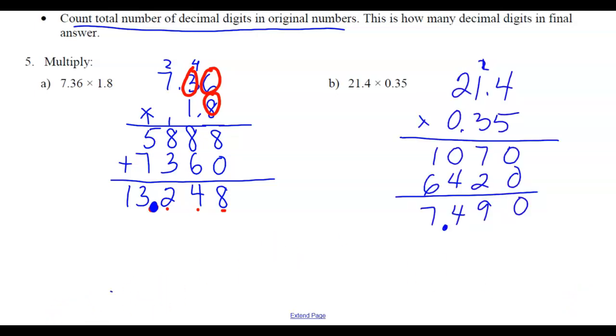Okay, so there's part B. Think about estimating this. So if you have about 21 and you're multiplying it by 0.35. Well, 1/3 is 0.33, well, 0.3 repeating really. And so 1/3 of 21, you remember your times table, 21 is 3 times 7. So 1/3 of 21 is 7. So that kind of makes sense. We've got 7.49. Okay, at least you've got the decimal point in the right place. Maybe you've got some of the digits incorrect, but